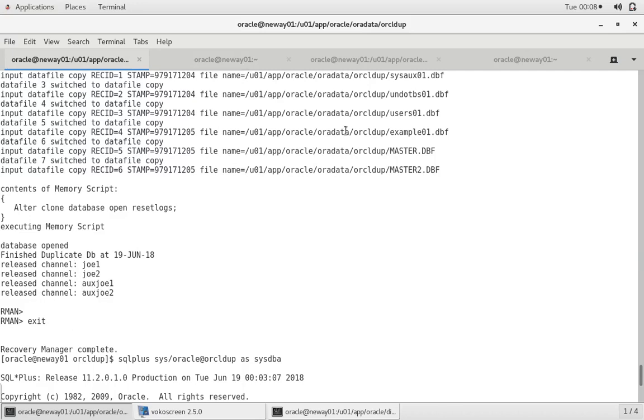And it's very important that you store these scripts. I'm going to put these online for you guys. So if you ever need to duplicate your database, it should not be an issue. You should just be able to copy and paste, and everything should work out pretty much within